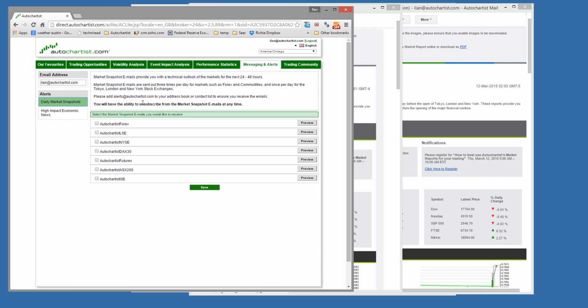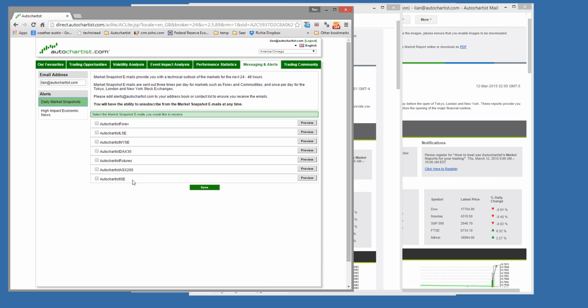The first thing you will see is that you get a list of types of reports that you can subscribe to. There's a Forex report, a London Stock Exchange report, a New York Stock Exchange report, a German stock DAX report, a futures report, an Australian markets report, and an Indonesian stock exchange report.